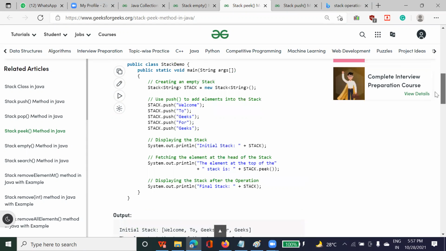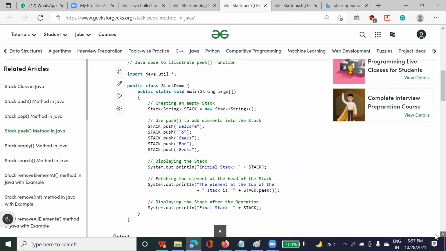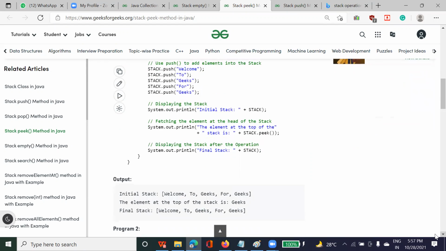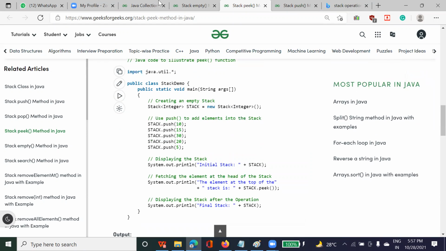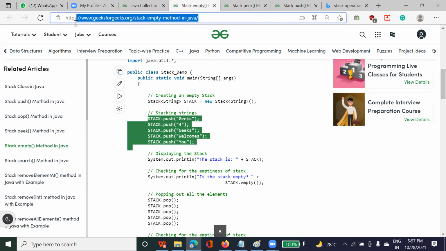So the syntax will remain the same: creating the empty stack, adding an element, printing the stack, and when you call stack.peek, on this variable stack, the peek operation will work, and its work is just to print the data. Print the data, or you can say just fetch the data and show it to you on the screen. So this is the three about the stack. I hope it is clear to you. Let me send you the link.